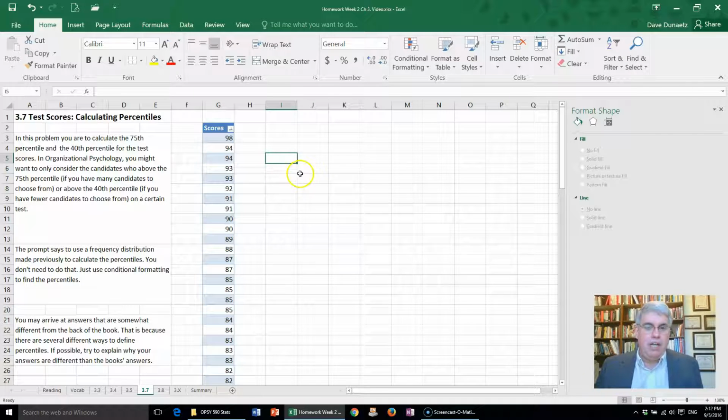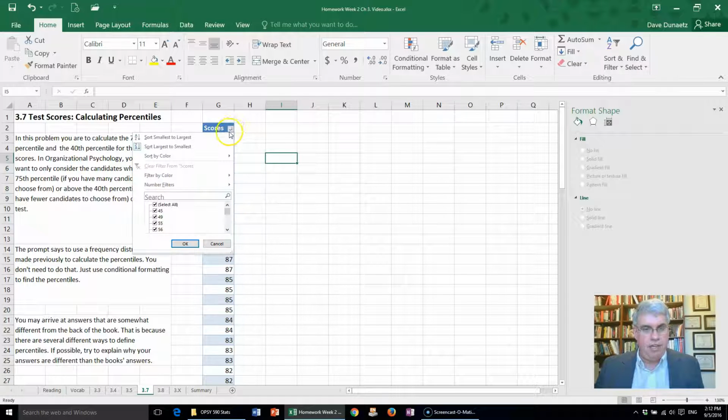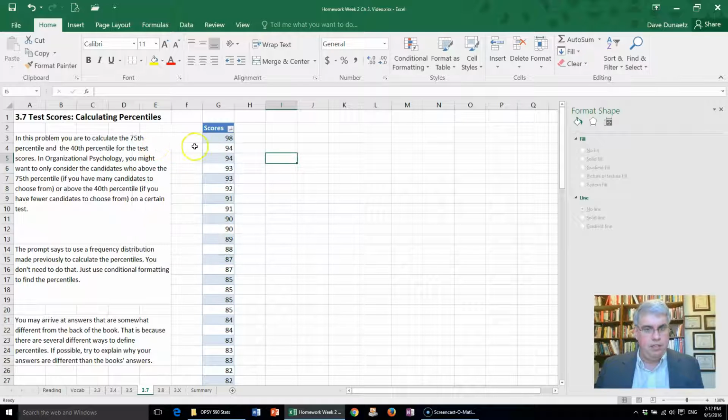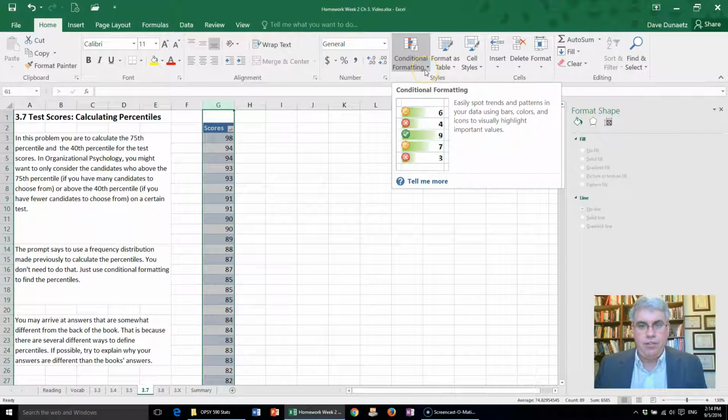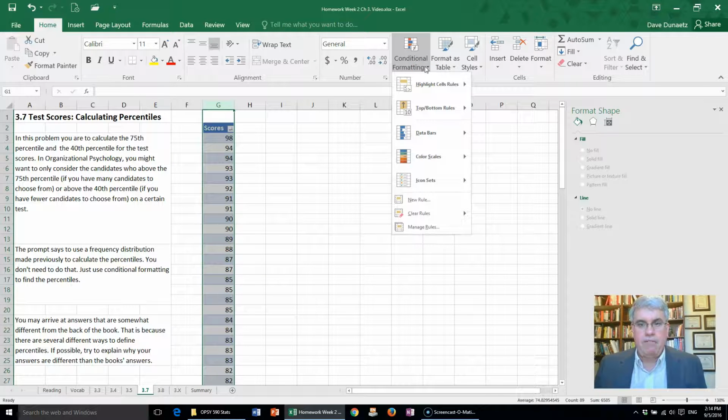Now, we're not going to use the frequency distributions that we made previously. I've got the scores copied here. They're already sorted. I had sorted them with the sorting key from largest to smallest. And we're going to use conditional formatting to calculate the percentiles. So to calculate percentiles, we're going to select the entire column of data, and then use conditional formatting. We're going to look at all of those 88 test scores together,